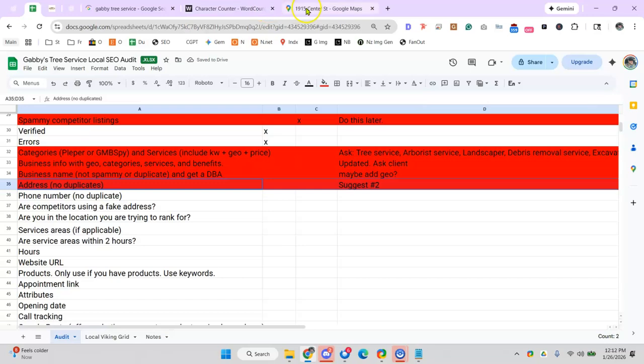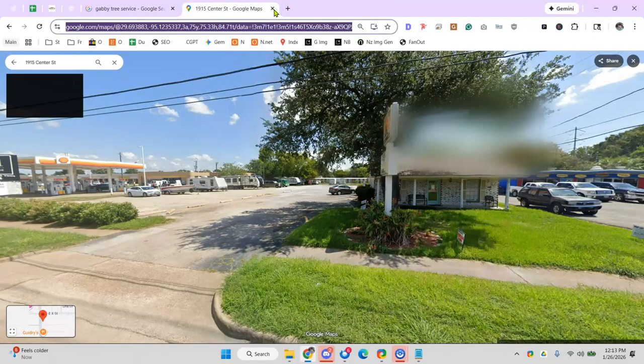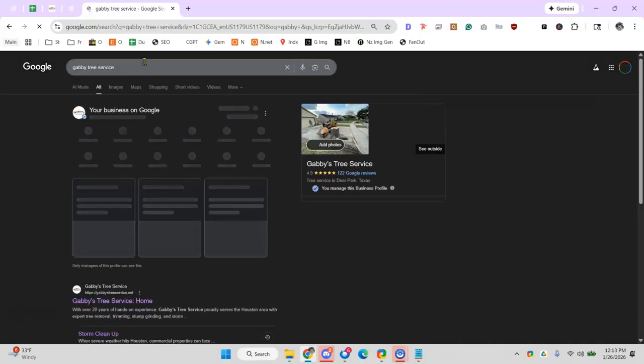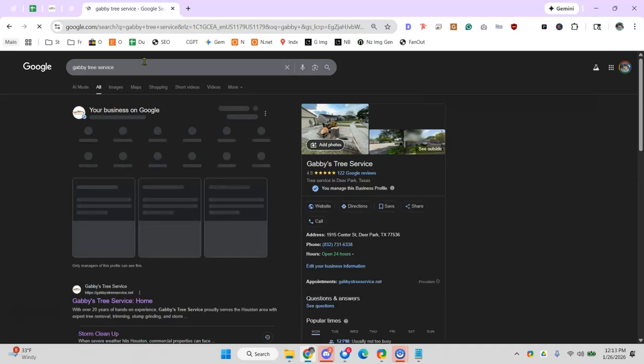Phone number. Again, make sure no other business is using their phone number. Where you'll see this a lot is, hold on a second, Gabby's. You don't want many businesses claiming to have the same phone number, because you can imagine that's confusing, not to humans, but much more so to algorithms. So it could be Gabby's, they may have had a different business name in the past. They may have been called John's Tree Service, and that phone number is still listed to that old business name. So all you do is take the phone number